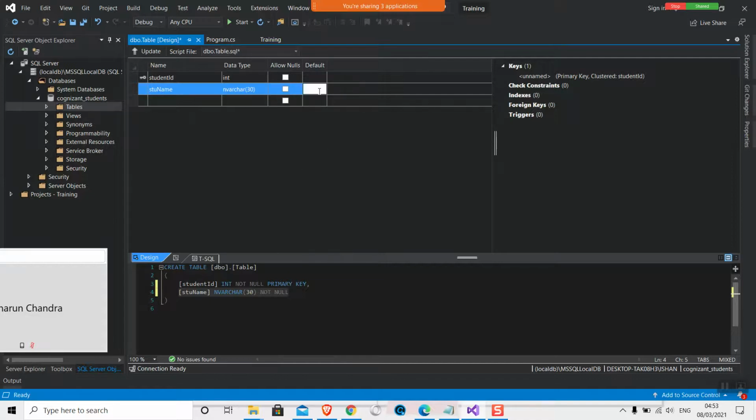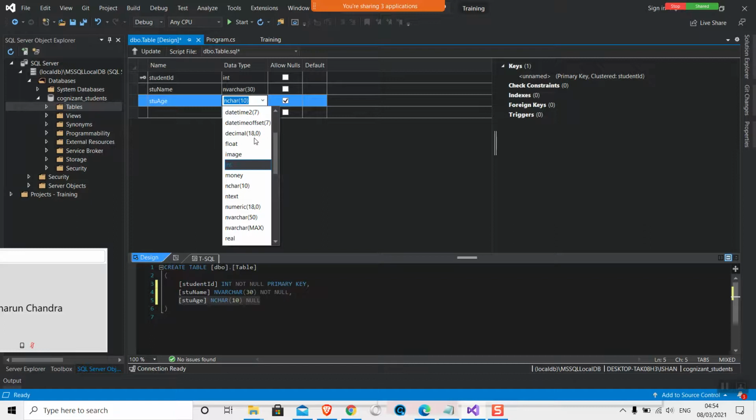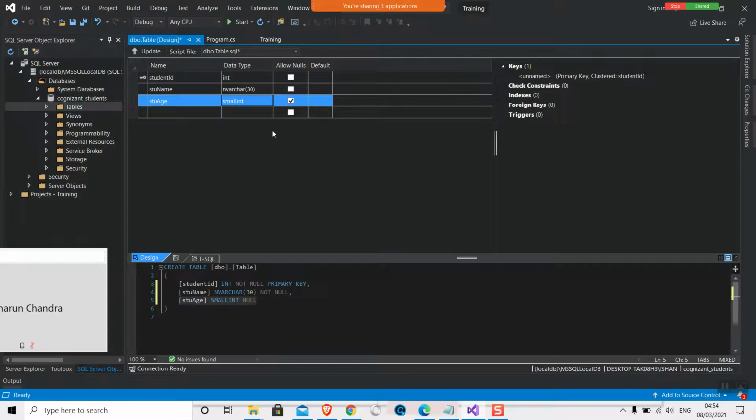The default column works when you have specific data that you want to fill in all the rows. Suppose I go with student age, I'll put a small integer here.